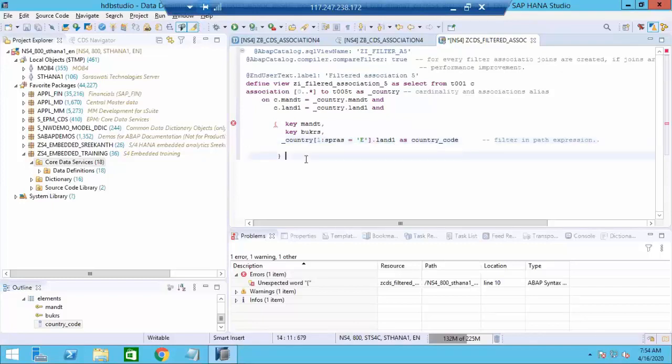You can also use the where clause, but that is something else. You're not having a filter on the association. You're filtering the entire data set of the select statement, because you may have another association next to it. If you keep the where clause here, it applies to both data sets together, because your select statement is for n number of associations, but you wanted to filter the data for this particular association and the data which is coming from that association. Instead of putting the filter condition in the join, you're going to move this to the path expression. So this is called your filter